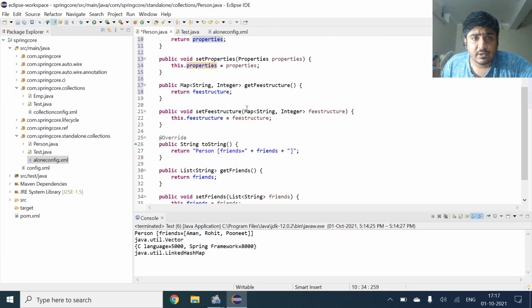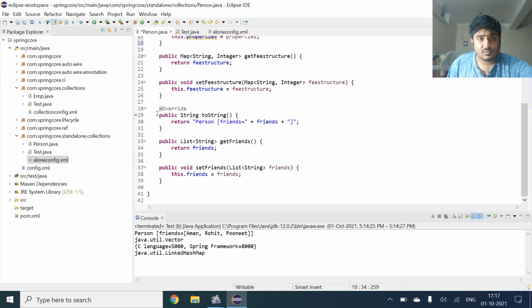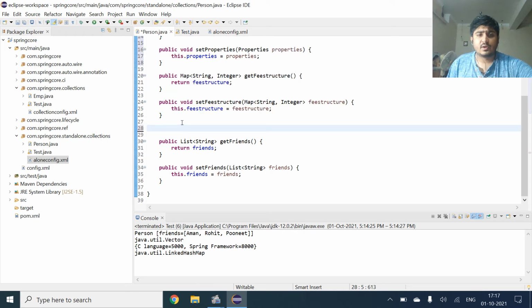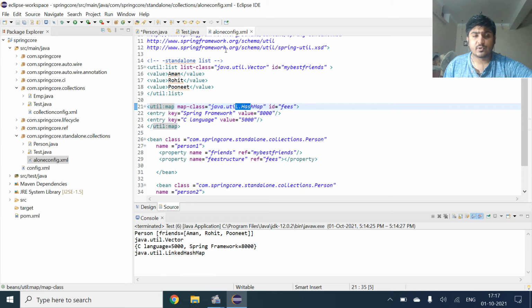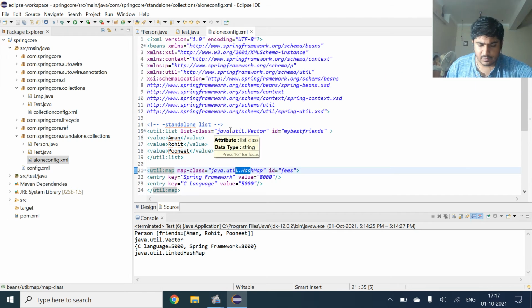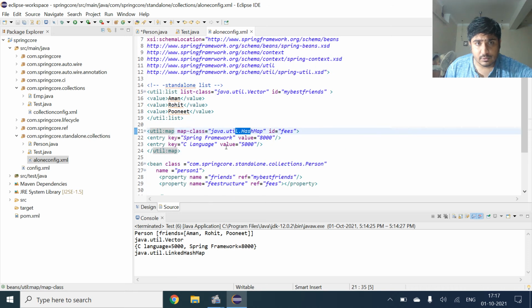When it comes to toString, we will just remove the toString actually. Now we actually have to print the object. First we will inject the value in properties, and then we will try to run the program. So I'll come to the properties now. Where are my values?